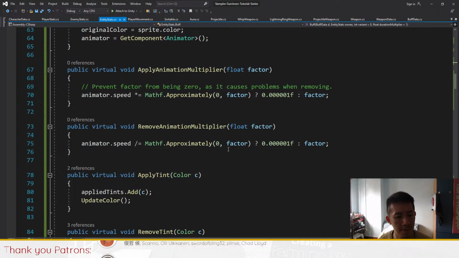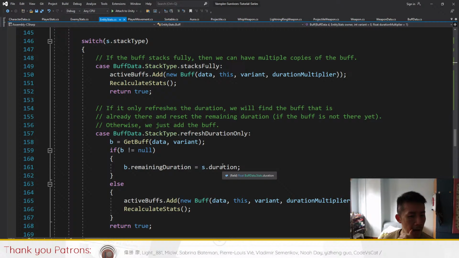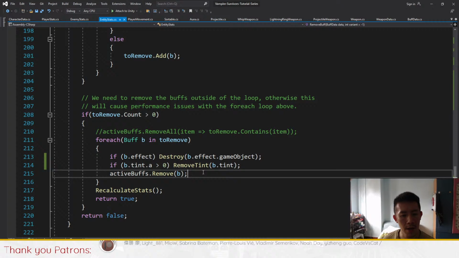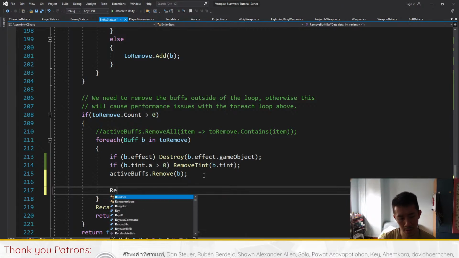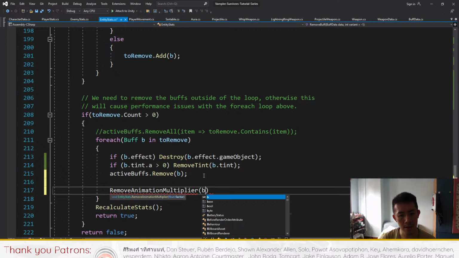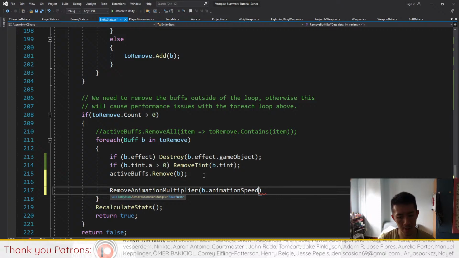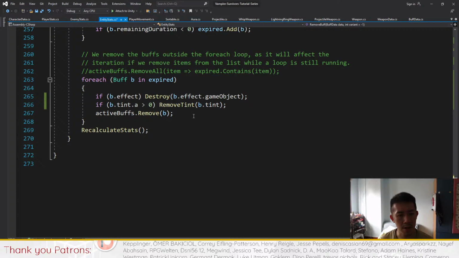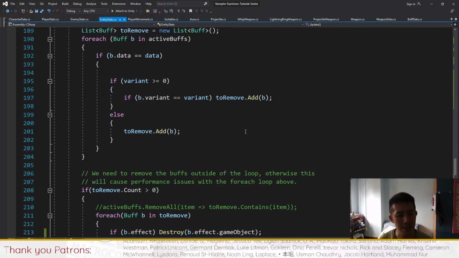So then under remove path, we have to remove the animation speed as well. So this means grab the animation multiplier, the speed. We do the same thing here, and I think that allows us to basically